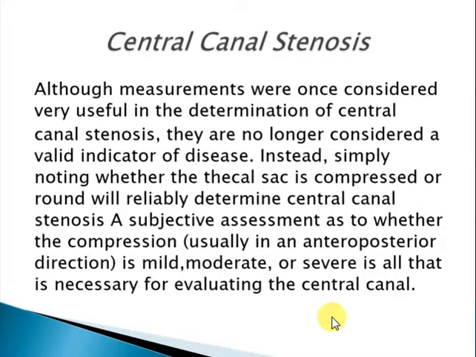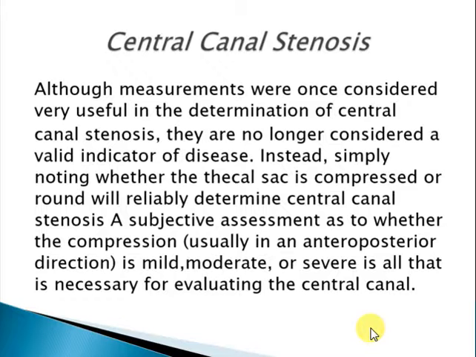Regarding central canal stenosis, there are a lot of studies that show different kinds of measurements of the central canal, the AP diameter, the cross-sectional area, and things like that. However, most of them are no longer considered valid indicators of the disease. Instead, just noting whether the thecal sac is compressed or round will reliably determine the central canal stenosis, just by using your eye and determining whether there is a spinal canal stenosis or not. A subjective assessment as to whether a compression is mild, moderate, or severe is all that is necessary for evaluating